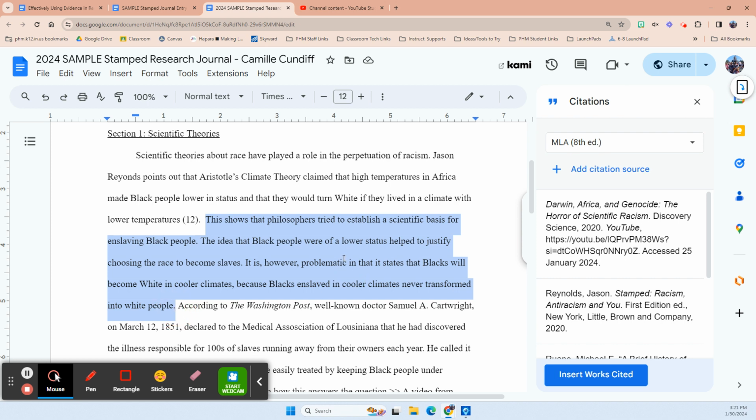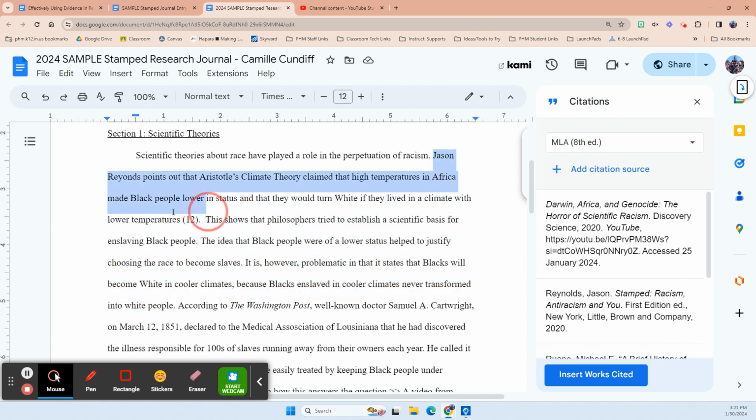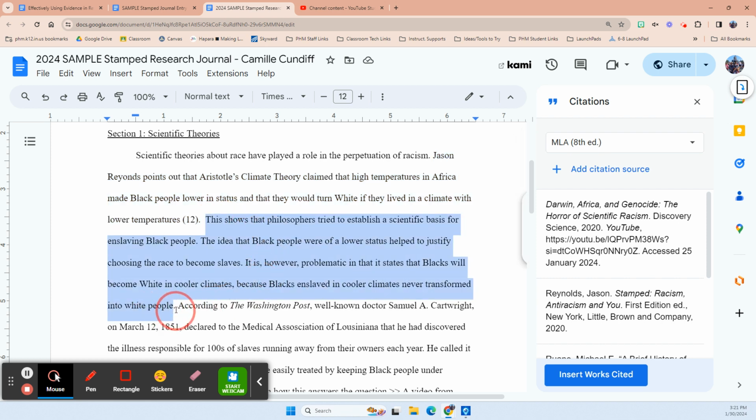So there's one big thing I want to point out about this explanation. If we look at how much evidence I have and we count the lines of evidence, I have one, two, and a partial line. So let's call that 2.5. When I look at how much explanation I have, one, two, three, and then this top and bottom one add together to make four. So 4 is more than 2.5. That means that I have more of my own thoughts about the information than I have information from a source.